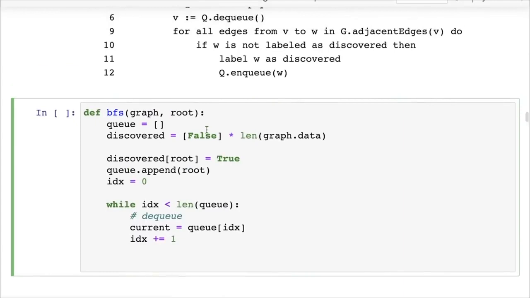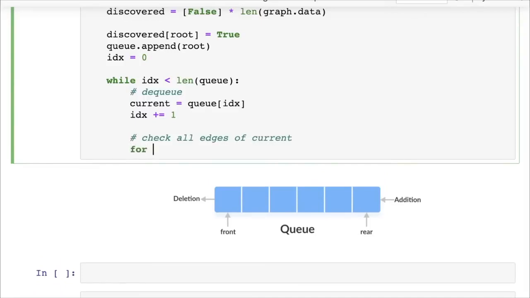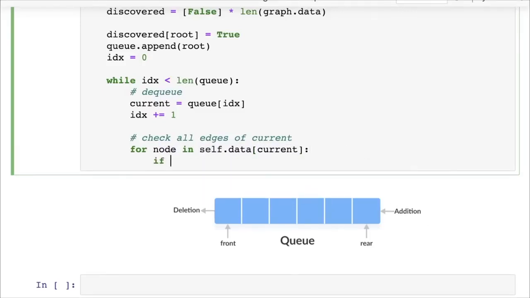Then what do we have next? Now we want to check all the edges of current, right? So remember we have the adjacency list representation. So we will get, for node in self.data[current]. self.data[current] contains a list of all the nodes that are connected with the current node. So for node in self.data[current], if not